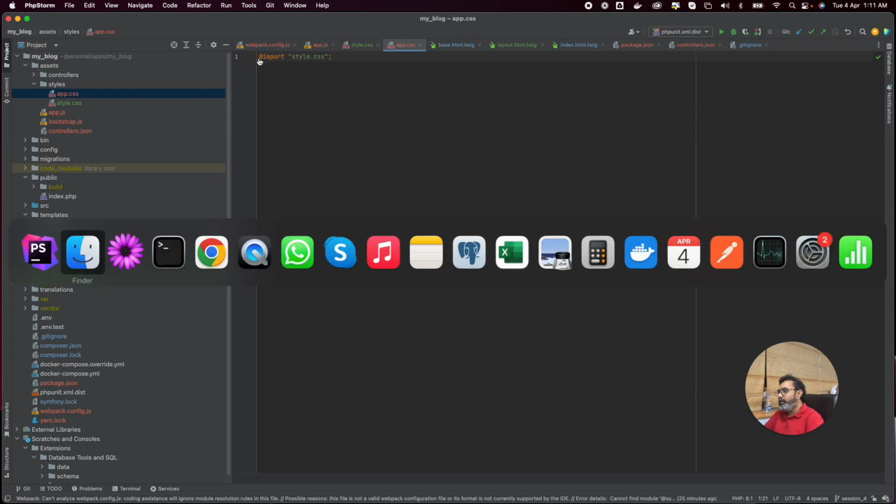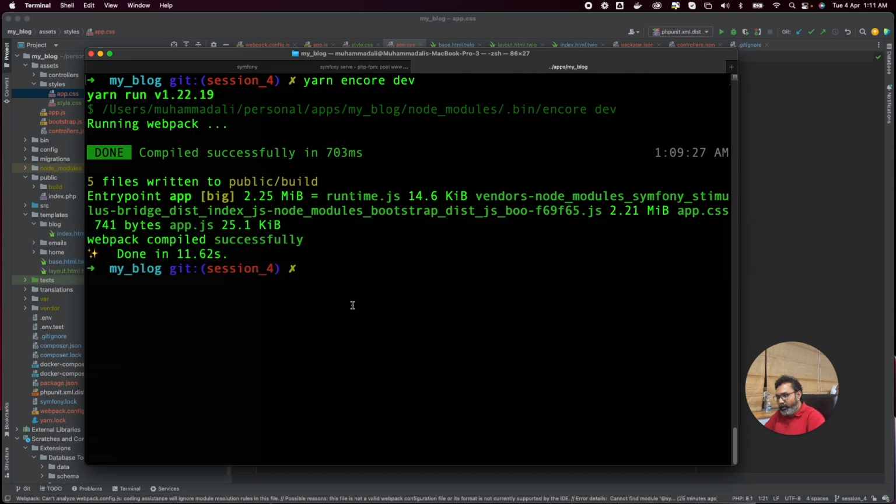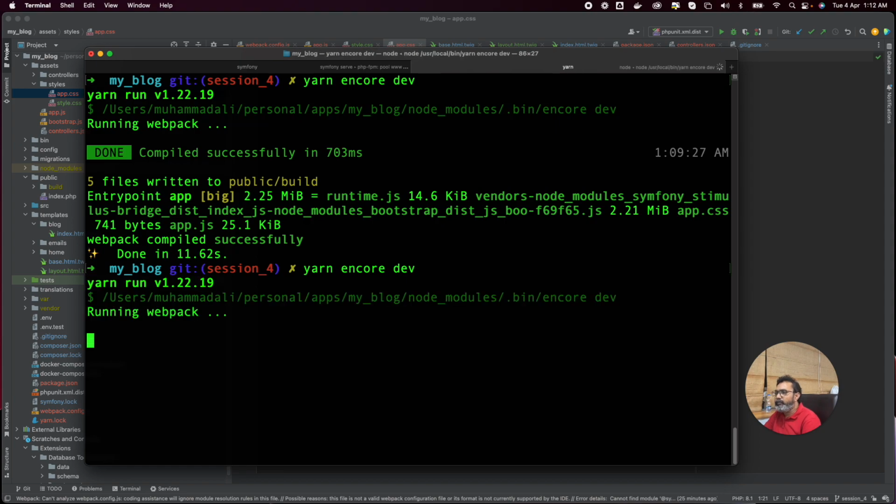So now we did some change. We need to run this command once again. Suppose you wanted to make it always running, you can give watch. But if you are making some changes to the webpack configuration, you will have to stop this and run it once again. So I prefer to use it like this, without watch. Okay,